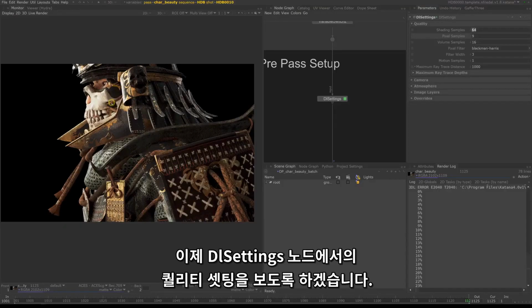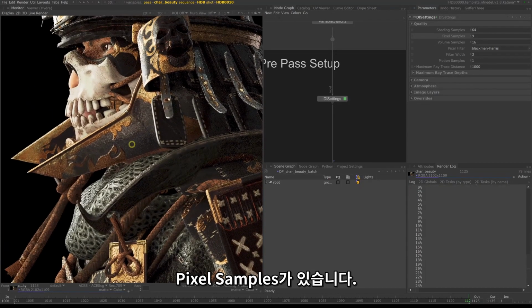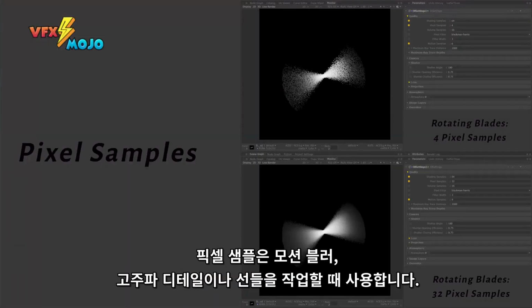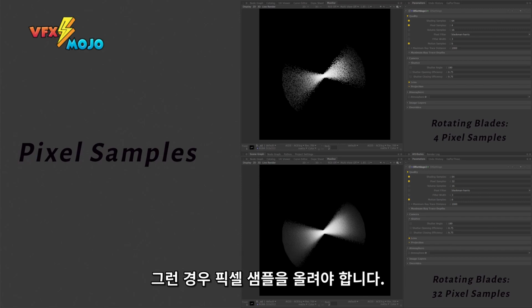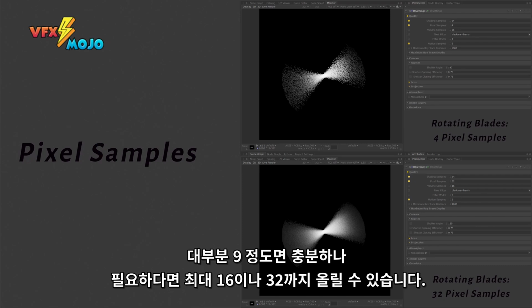Now let's take a look at the DL settings node under quality settings. You can find the pixel sample settings. Pixel samples comes into play with motion blur, very fine high frequency detail or lines. Think helicopter rotor or fast motion. For those scenarios, you might need to increase your pixel samples. 9 should be okay for most cases, and if you need, you can increase pixel samples to 16 or 32